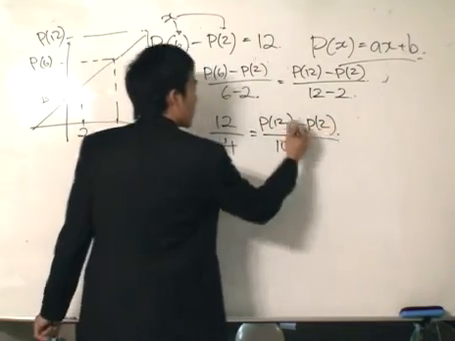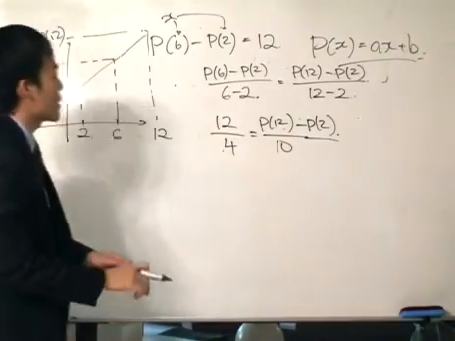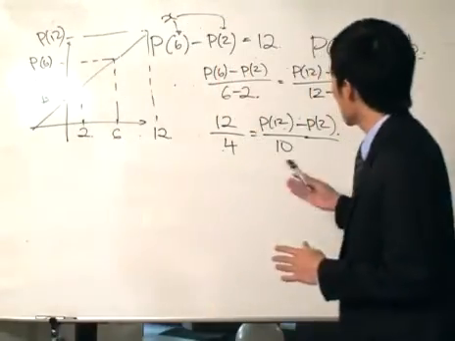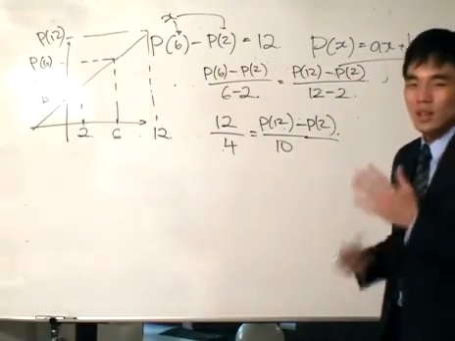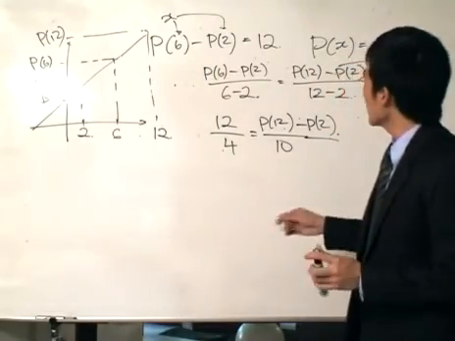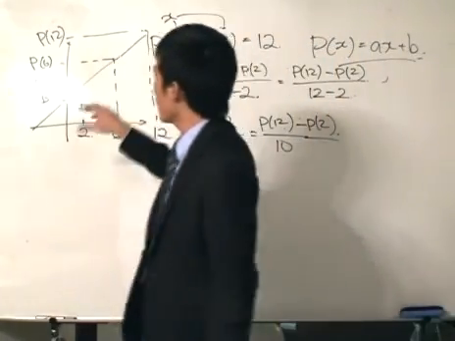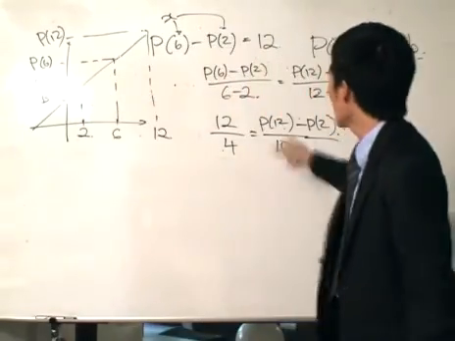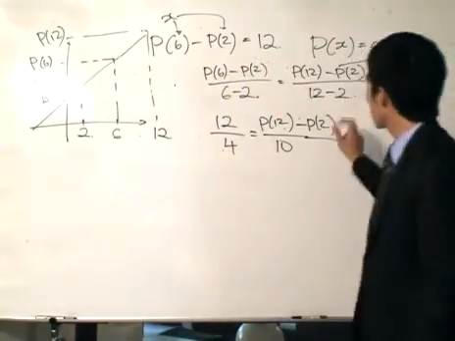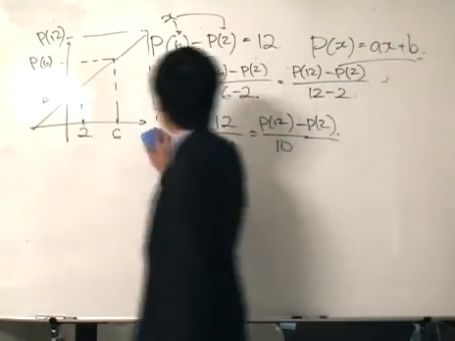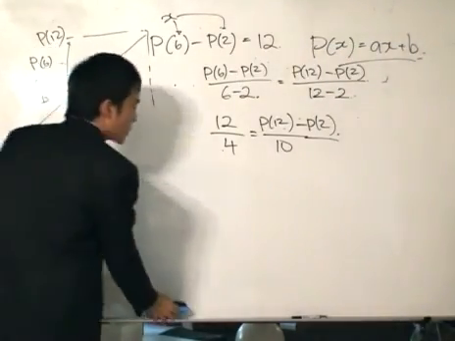And there you have it. We want to find this, so bring this over and divide by 4. As easy as that. So there are two ways of looking at the problem. One is a simplistic substitute and take away. Another is really looking at what this value means, and from there finding the gradient, equating the gradient, putting it in a statement and finding what we want to find, P(12) minus P(2). There we go, Olympic question number 1, polynomials. See whether you can solve the more difficult ones later.